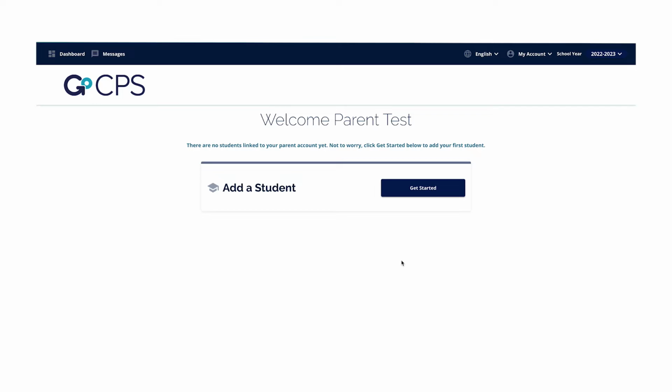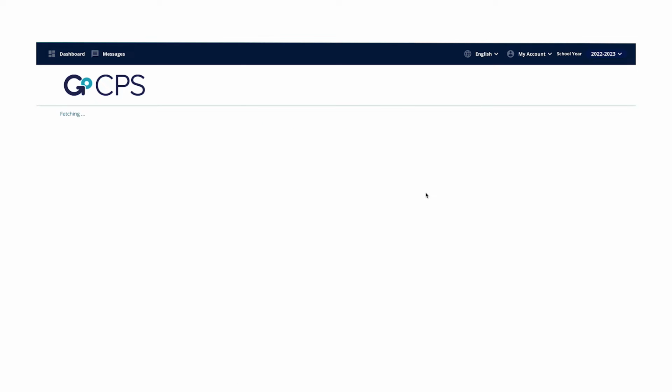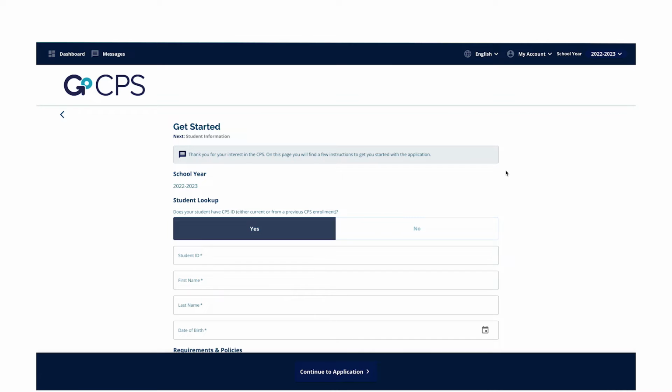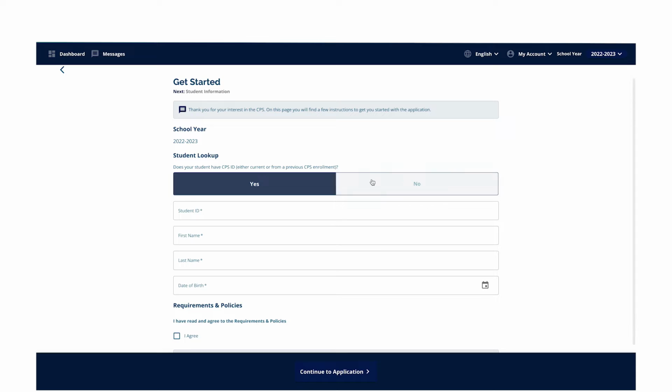Now I need to add a student to this Guardian account. I can do that by clicking the blue Get Started button here. Once I am taken to the Get Started page, the first question will ask, does your student have a CPS ID? If your student, regardless of current status, has ever been enrolled in a CPS school or has an ID